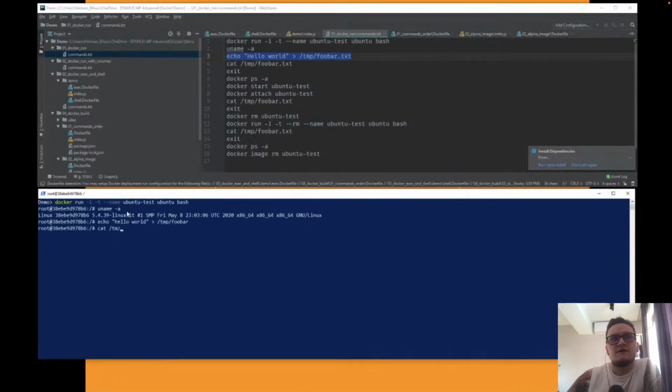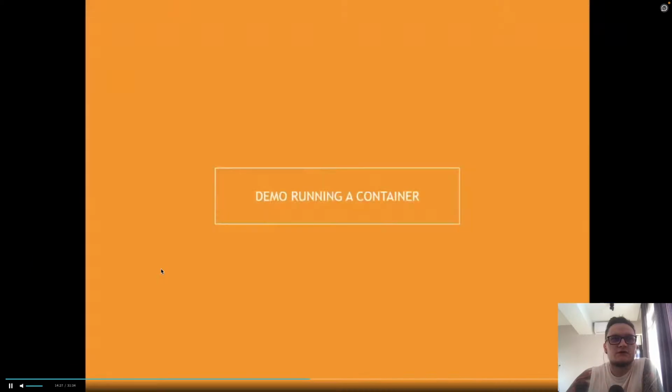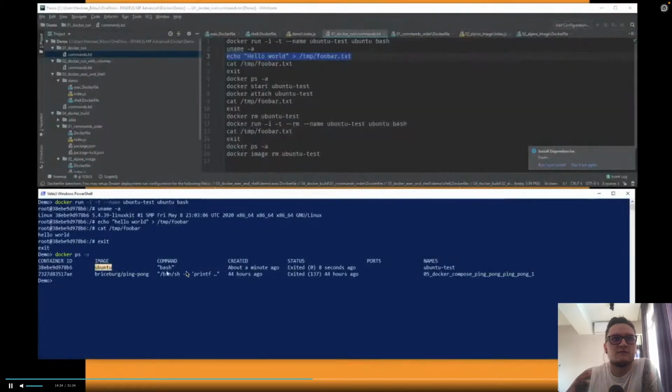Right now on the screen, our lecturer is just creating a new file. So he is checking containers right now. You can see the Ubuntu image. It has bash, it was created about a minute ago, and the name of this container.